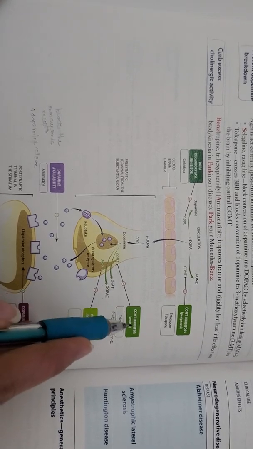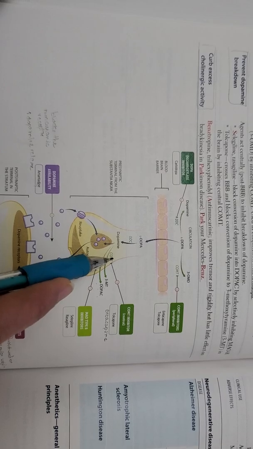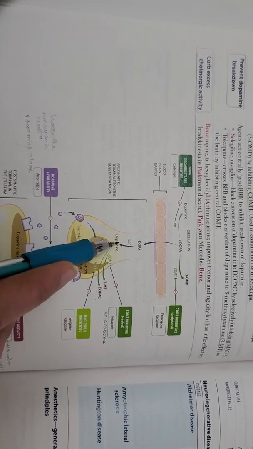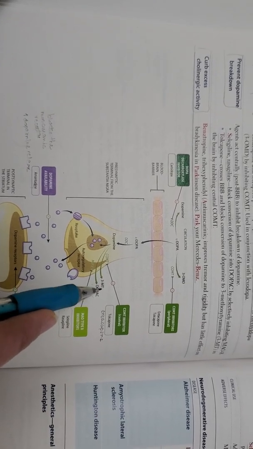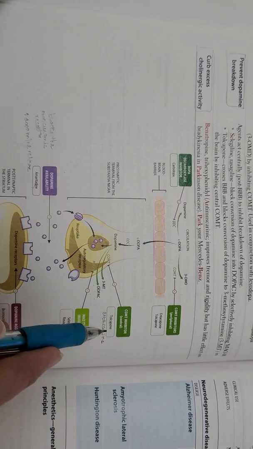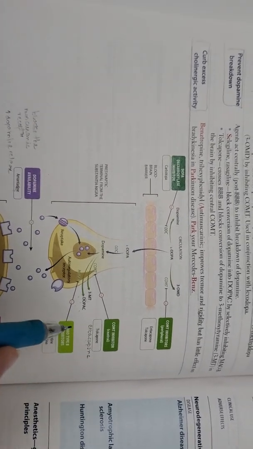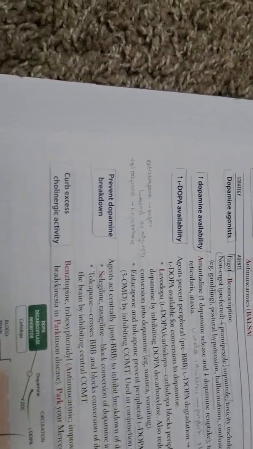So it basically inhibits the COMT in here and prevents its conversion into dopac, because we need dopamine, not these end products. So the COMT inhibitors include tolcapone and entacapone, and they are basically preventing the levodopa degradation into